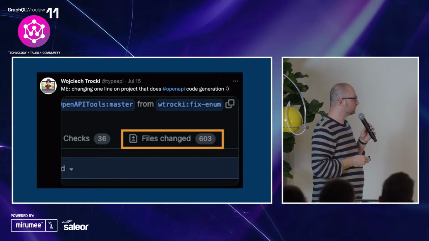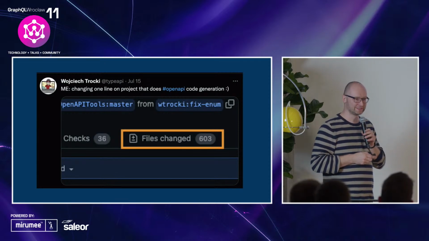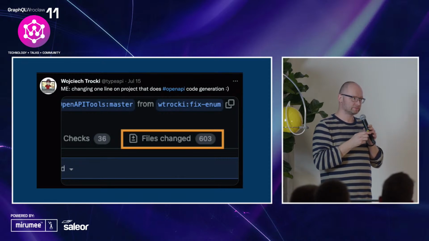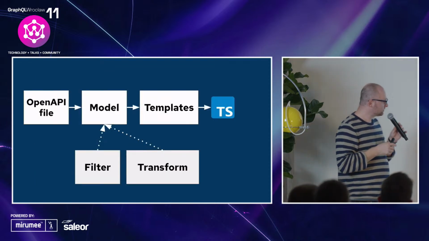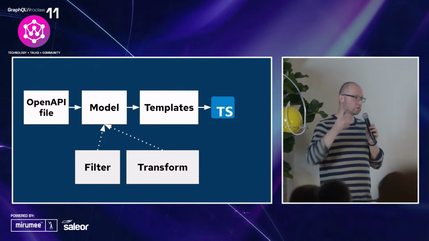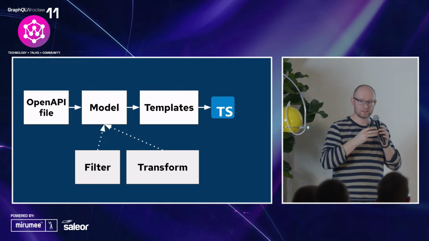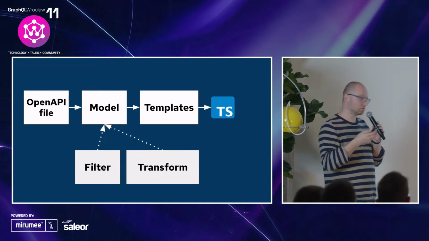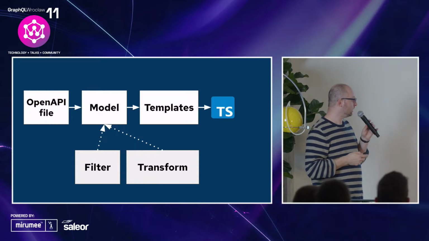Another problem when building the code generator is that even small changes in the code generation can drive a number of changes. So we need a way to minimize those changes only to the things that we really want. For that, we can use a pattern called filter and transform. So for every change in the model, we filter and transform the same way that GraphQL does. You have the entire schema, but you don't get 7,000 queries. You actually need to write the queries yourself. Here it's the same. We can filter and transform this OpenAPI object to the queries that we really want.